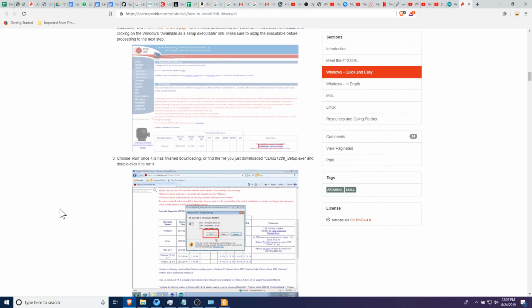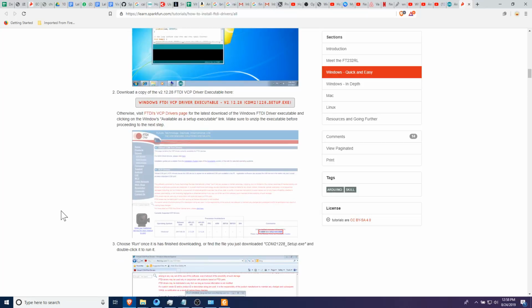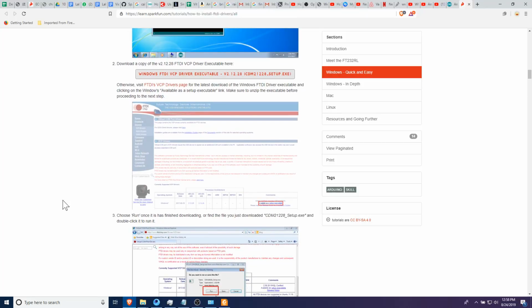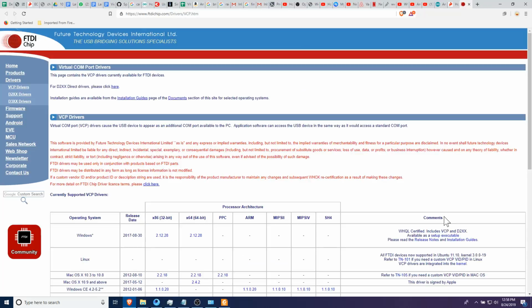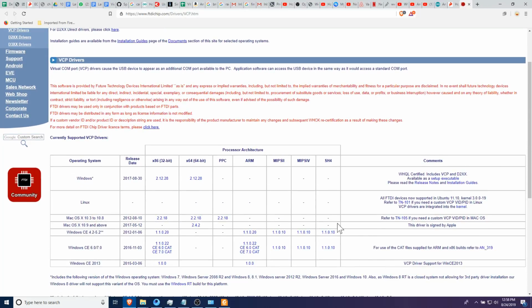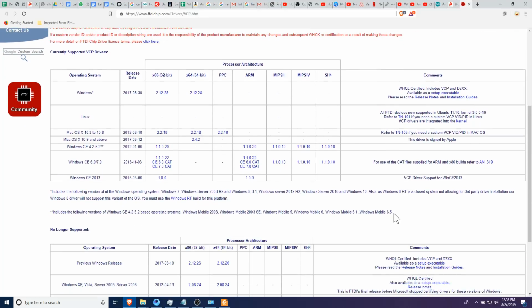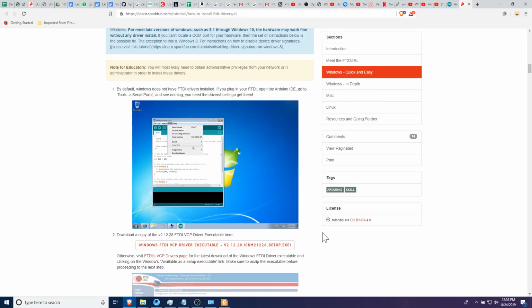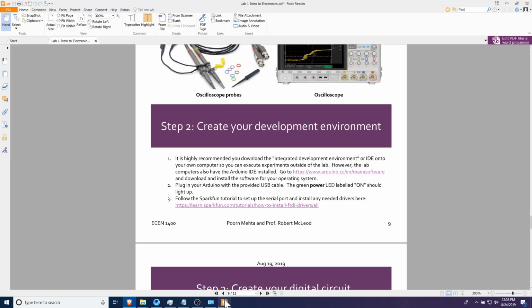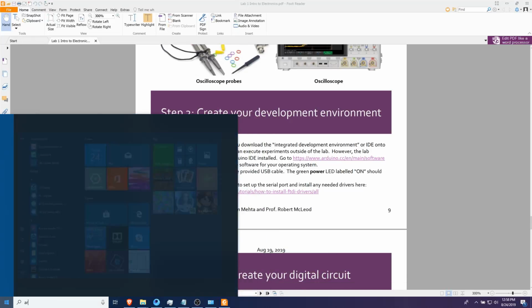For Mac users, there are some other options. I have done that a few times, but I won't be able to show you exactly how to do that. So there's a specific installer file for Mac OS versions right over here, and you can download that and then install that as well. So once you have installed both of these, Arduino as well as the FTDI drivers, you can start your Arduino software